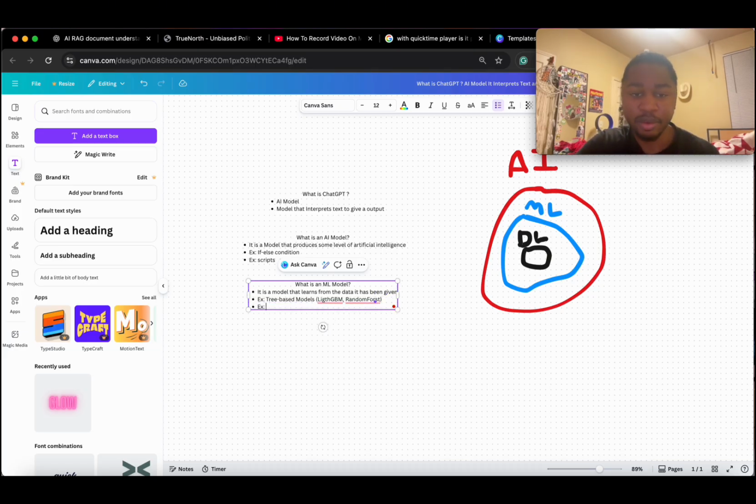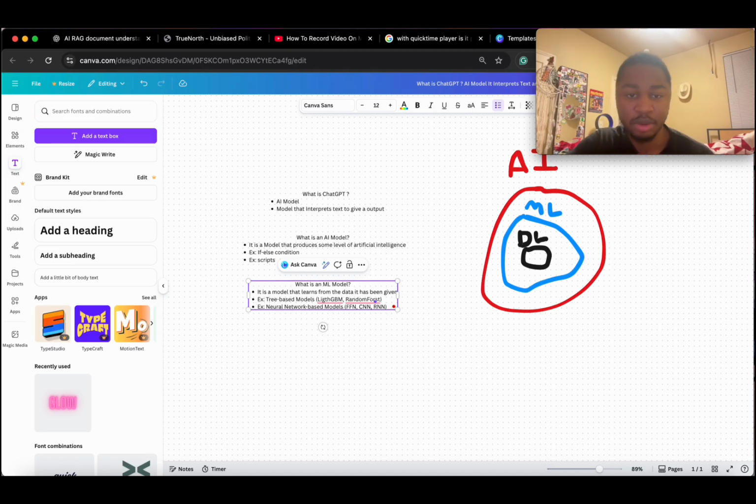But then you also have other types of models such as feed forward networks, or neural network based models. This is like feed forward networks, CNNs, RNNs, etc., right? And so we know that a machine learning model is a model that trains or that